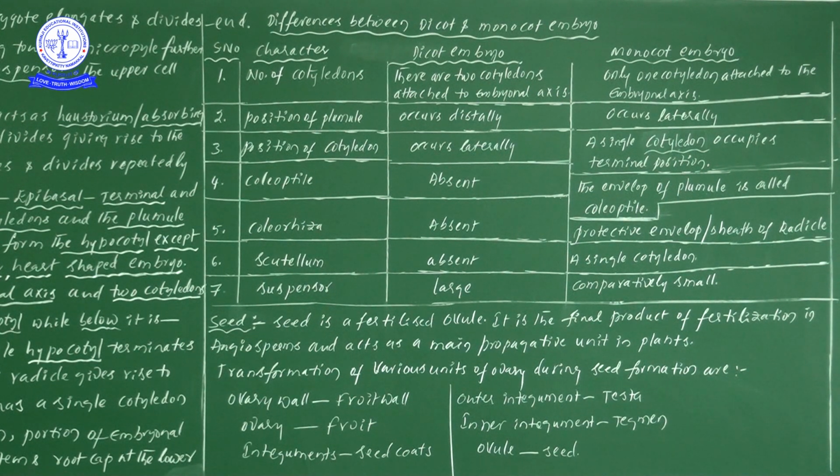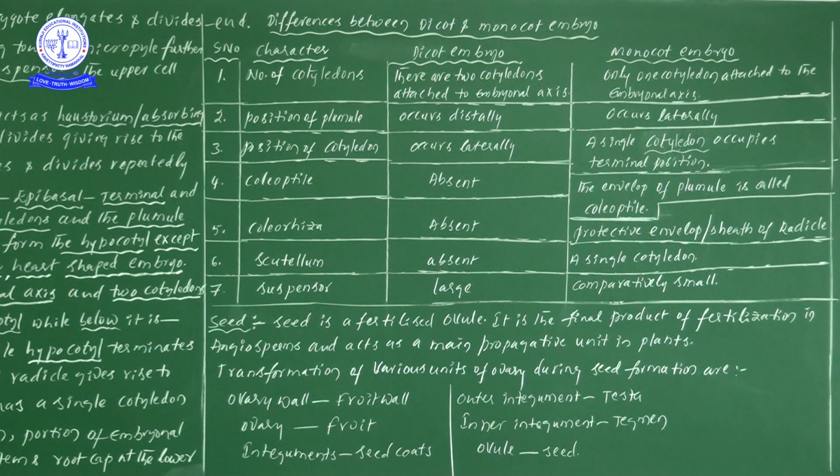pericarp. Next one, a few things I didn't write, but suppose the nucellus is there, after fertilization it is converted into perisperm. So both conditions are explained. In the first chapter I already gave that information. Likewise, there are different types of units that are transformed after fertilization into other names.